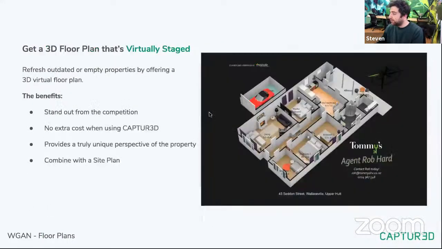To the second part of that question around the virtual staging within the floor plan, I'll go back to this example just so you can see a little bit better. Yes, you can change out. Let's say we're looking at the master bedroom. Can you please change this from a single bed to two singles and a queen, for instance? Our team can go in there and change those pieces around. We are slightly limited on complete customizations. I think there's over 10,000 assets within the database that we can utilize, but that doesn't mean it's got everything. And so we'll get something that's pretty close to what you're wanting, but it might not always be perfect. And that's just part of the limitations of the technology.